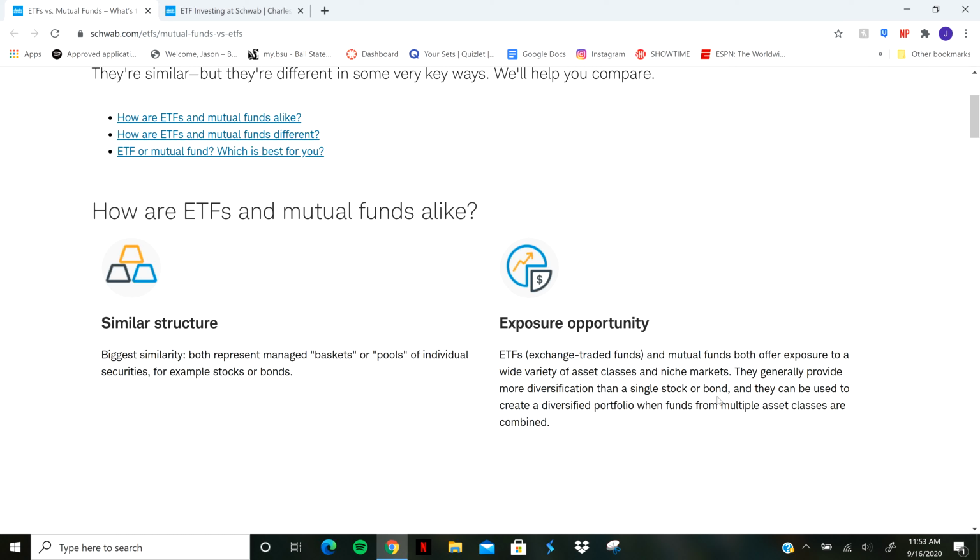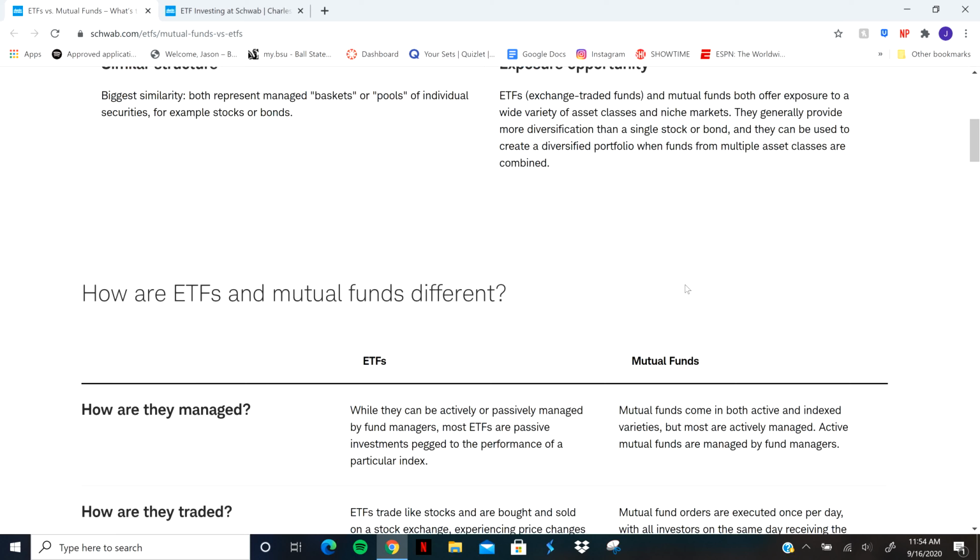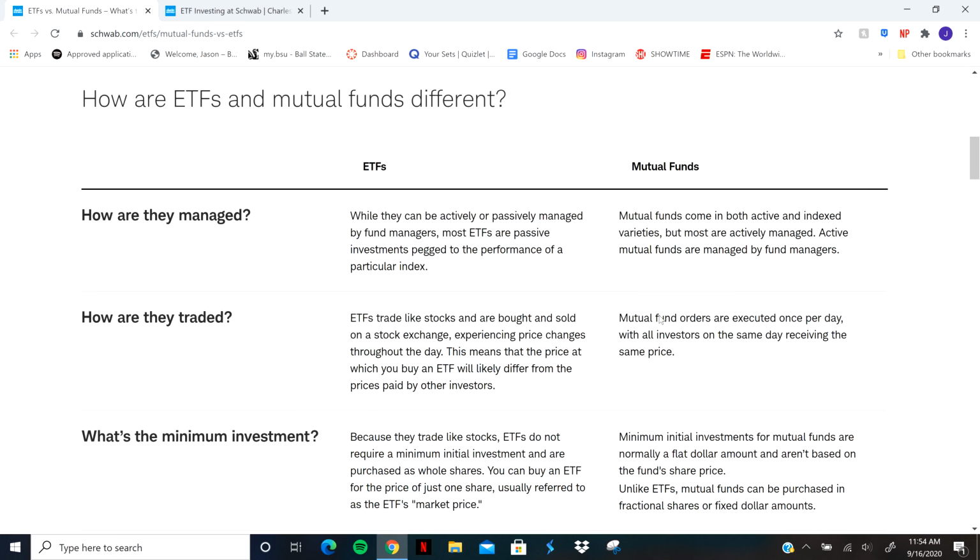And I think one of the big things that ETFs potentially pull away at is the niche markets. As you guys will see when we get into it in a little bit, there are tons of ETFs offered, not just through Schwab, but through all different firms. You can get your REITs, you can get your bonds, you can get your large cap, mid cap, small cap, all the things that mutual funds offer as well. But in my personal opinion, I believe there are more ETFs, more selection there, but I'm sure there are some mutual funds like that.